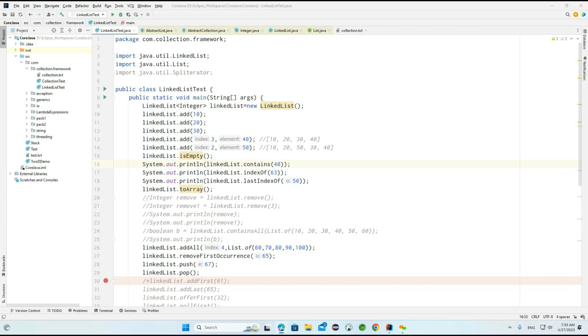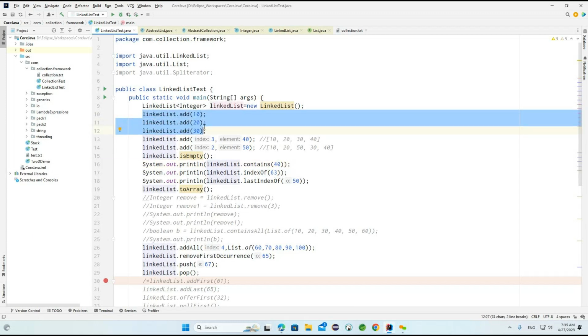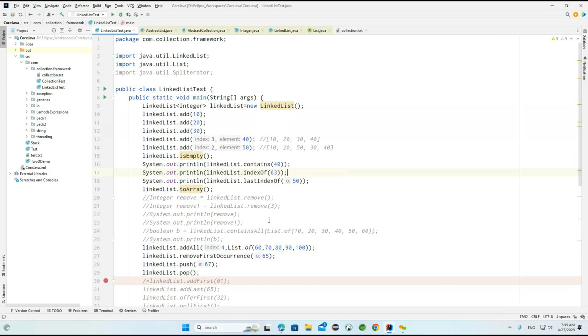Good morning, everyone. In the last session, we discussed an important concept called linked list. Linked list is one of the implementations of this particular list interface. So if you observe carefully, now what exactly is it doing here? Here, if you see the add method, whatever way we are inserting, in the same way we are trying to get these values